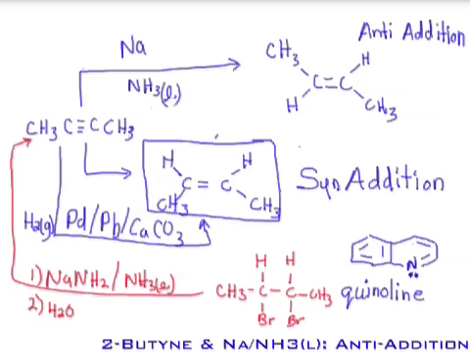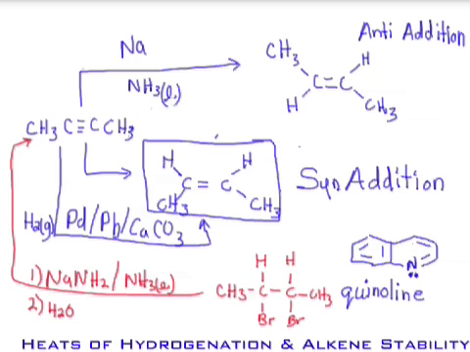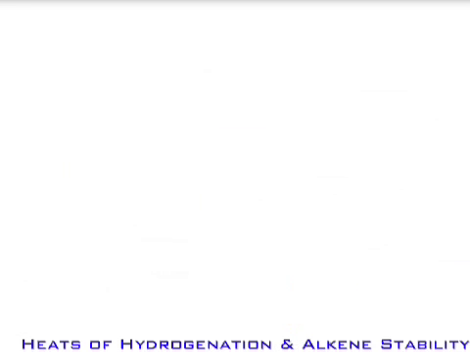Okay, some reactions of alkenes. Hydrogenation also can be used to help us to determine the stability of alkenes. And the rationale is quite simple. We've already examined that when you take an alkene, any alkene, and you react it with a molecule like H2 gas,